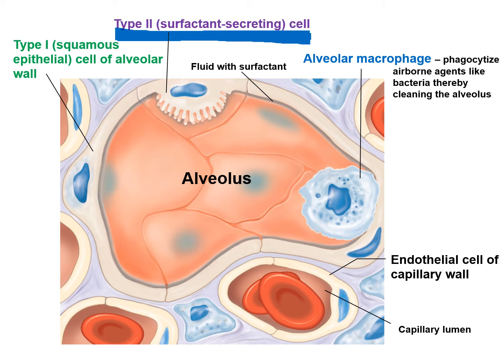But what I do want to draw your attention to is another cell, this guy right here, that is found scrounging around inside the alveolus in a good kind of way. This is a macrophage. This is a type of white blood cell. It's actually a monocyte that has left the bloodstream, gone out into the tissues, in this case into the lungs, where it's there to phagocytize any potential pathogens, like COVID-19 viruses, which we know are impacting the respiratory systems of